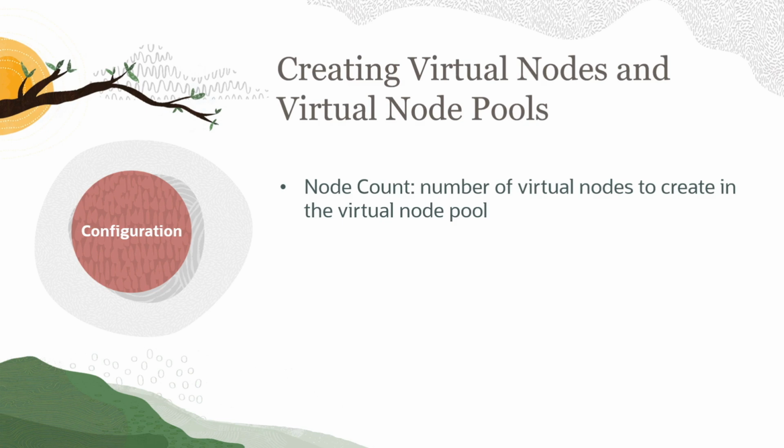Now, it's important to carefully consider the placement of these nodes. You can distribute them across different availability domains, ensuring high availability for your applications. Additionally, you have the option to place these nodes in a regional subnet, which is the recommended approach for optimal performance. Moving on to pod shape. This refers to the type of shape you want for pods running on your virtual nodes within the virtual node pool. The pod shape is